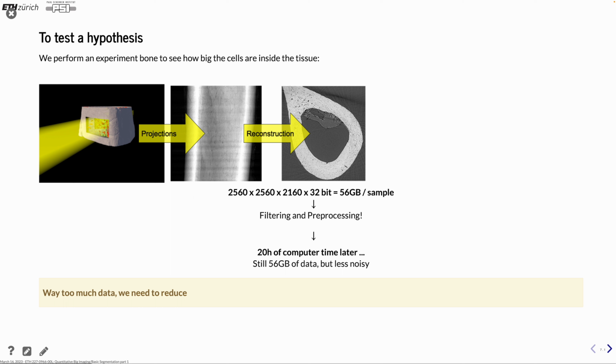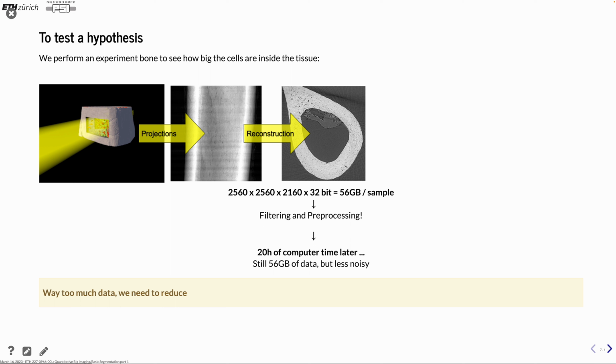So, now we want to test a hypothesis and see how big the cells are in some tissue. For that, in this case, we do a tomography experiment where we have a piece of bone, and from there we extract very many projections which are then reconstructed into tomographic slices. And there you can see now the structures in the image. You have the bone itself, you have some marrow, I think, and such an image results in maybe a good